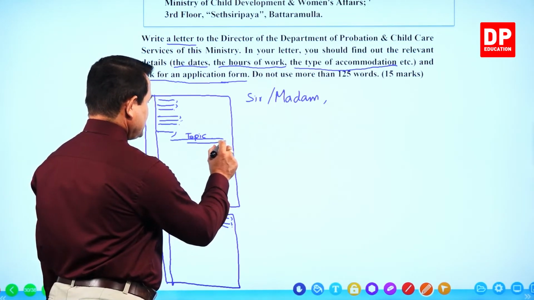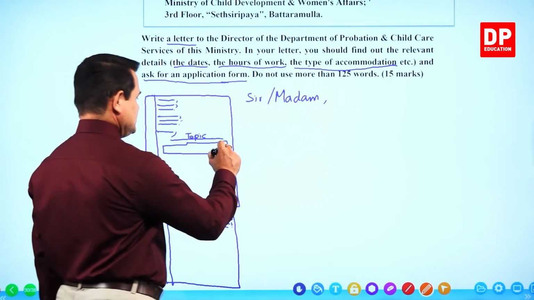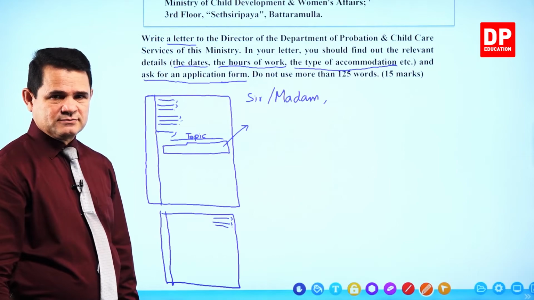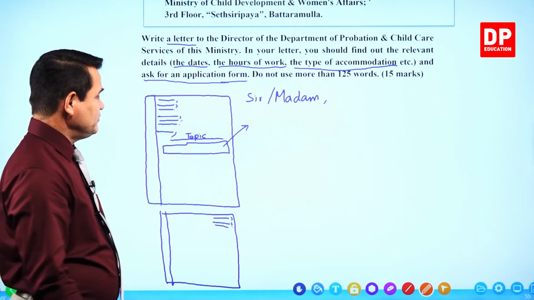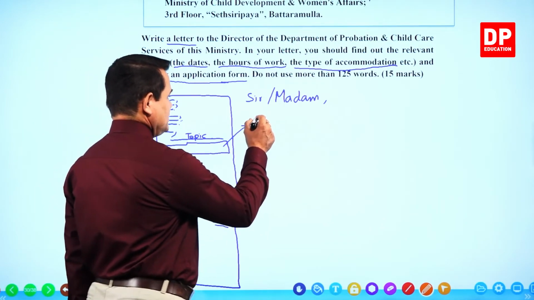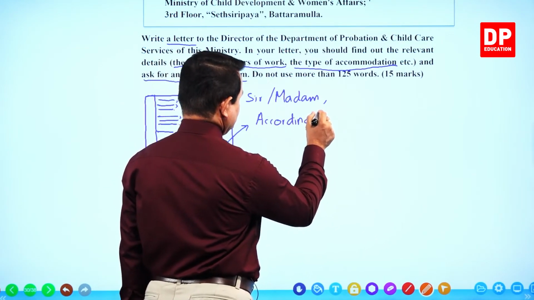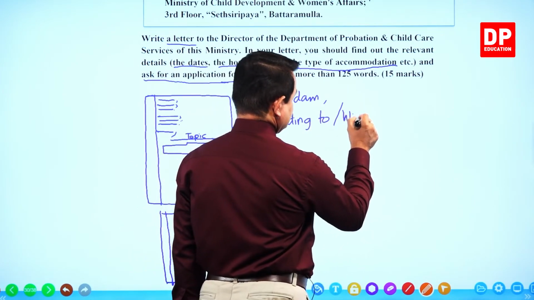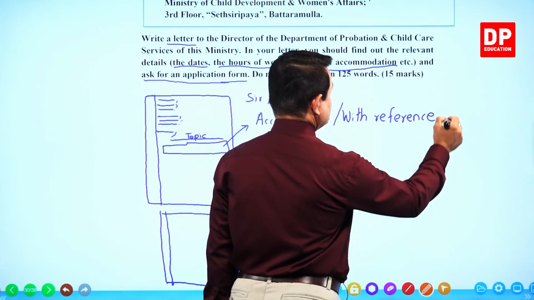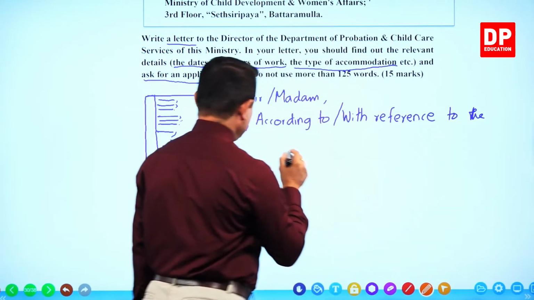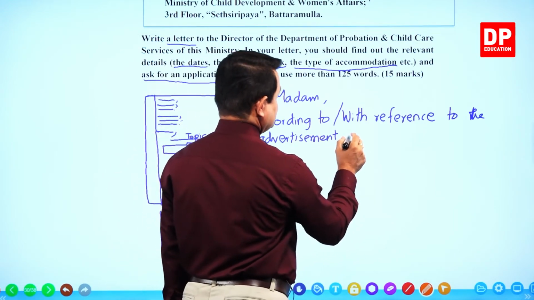Then you can write a few paragraphs. The first paragraph you tell, from where did you find this advertisement? මේ advertisement එක දැක්කේ කොහෙන්ද? ඒක ඒ කියන්නේ දැන් ඔයා මොකද්ද කරන්න යන්නේ? Then with reference to the advertisement you can write, right? It can be according to that, නැත්නම් according to, නැත්නම් with reference to the advertisement you published